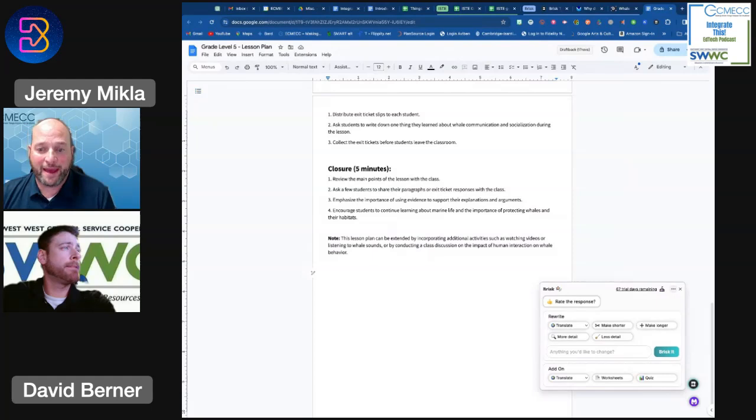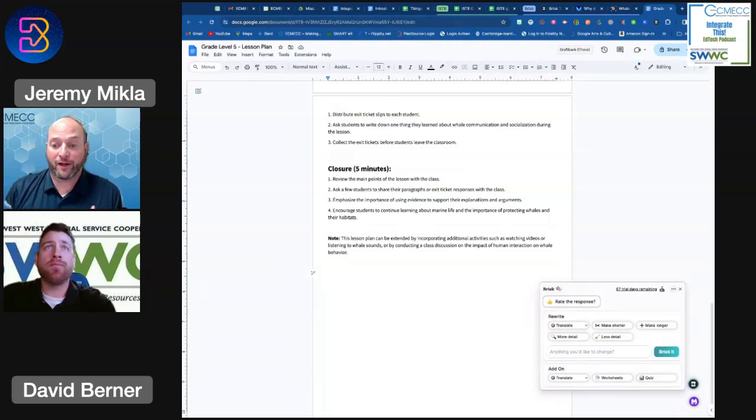I'm also able to add things right away. Like one of the things is if I don't think it did a good job, I could tell it to just redo it all. I can ask it to make more detail or give less detail. I can make it shorter and longer, and I could even translate the lesson plan into